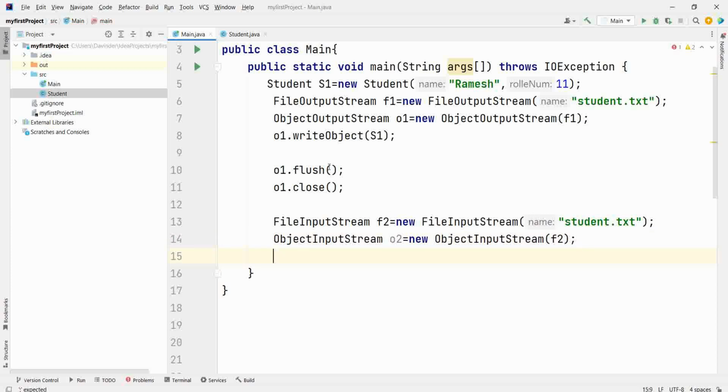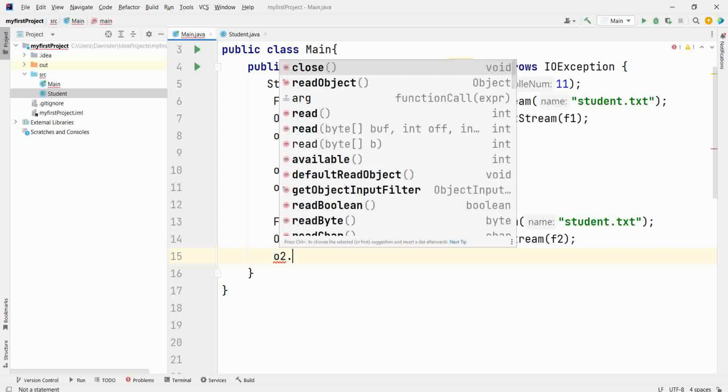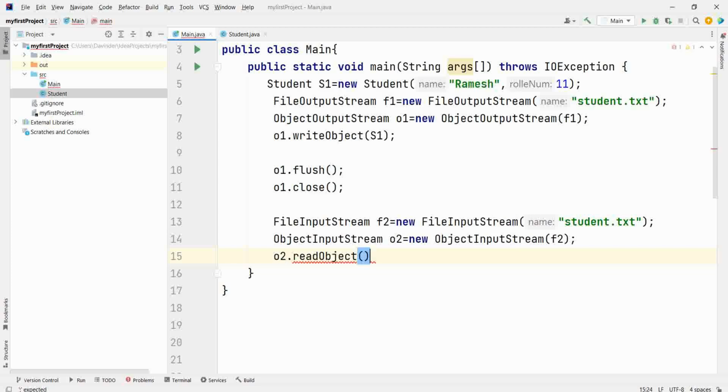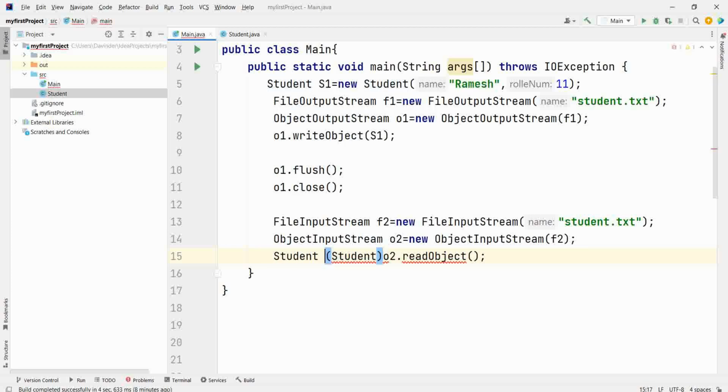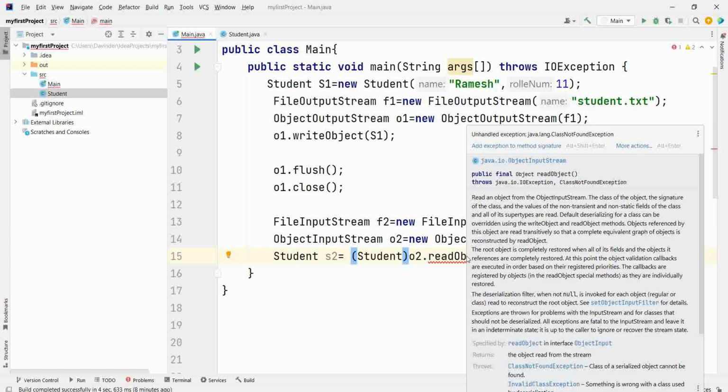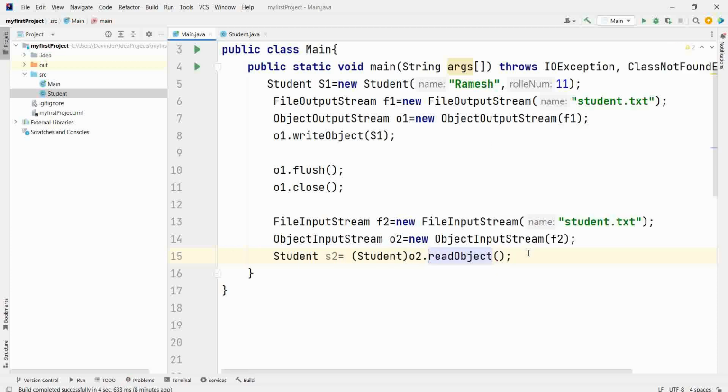Give the name of the file here. Next, read it from the object, like readObject, and save it in the Student class. Save it in some variable, Student say s2. You need to use throws here. Now it is saved in Student.